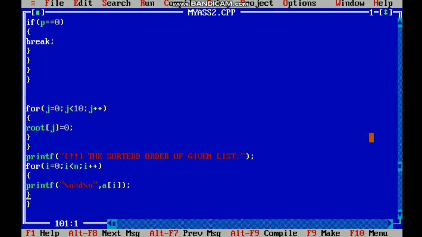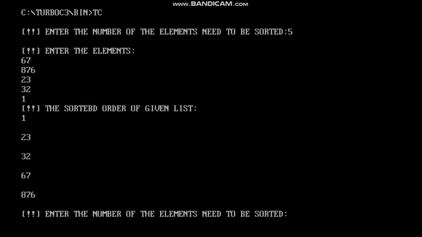Let it be 5. And we need to enter the integers that ought to be sorted: 67, 876, 23, 32, 1, which are stored in the array A. Hit enter. You can see the sorted list: 1, 23, 32, 67, 876. Hence the given integers are sorted with the radix sort algorithm.